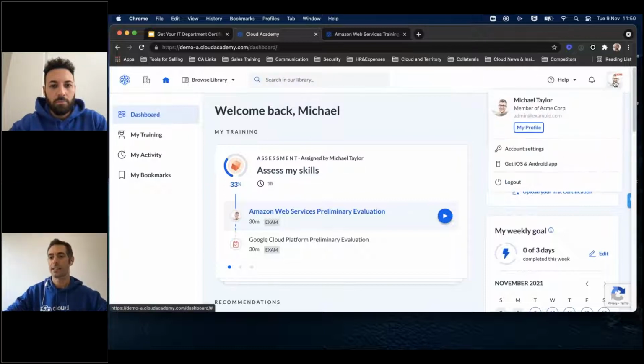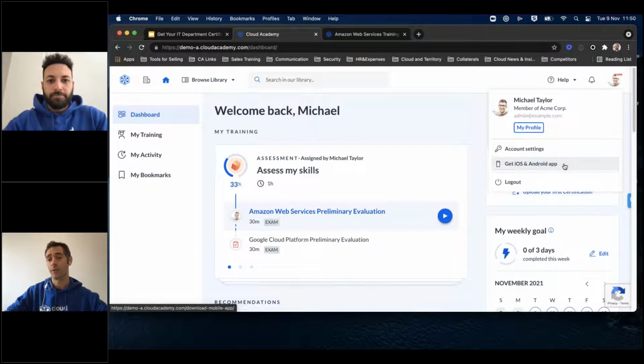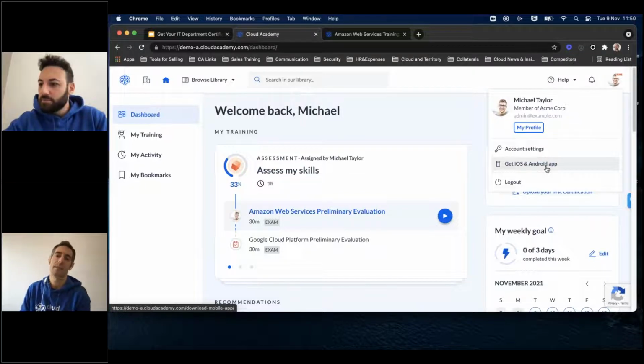Also, we have iOS and Android applications that you can download on your mobile device, and you can use basically to study on the go. You can download content, and then your actual profile will update once you go back online. That's also important, because we know from the data that we collect that people consume lots of content on the go. So we decided to make this available.